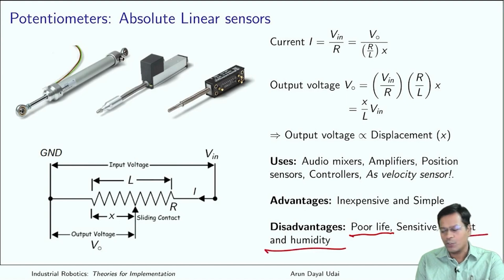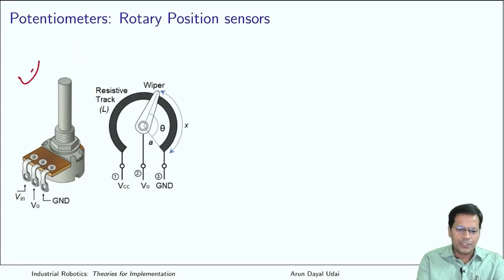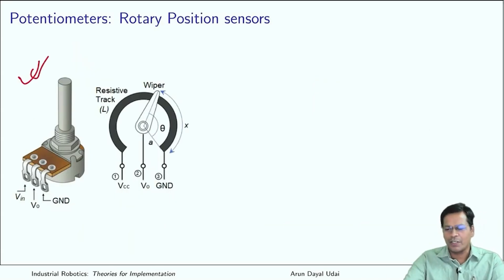So dust and humidity they are sensitive to, because if at all there is any moisture in between your resistance strip, the resistance will not be uniform, and the output will not be that reliable. Okay, but still this is very widely used as an absolute position sensor. Now moving ahead in a similar way, if you are familiar with your audio amplifiers, even your radios, you